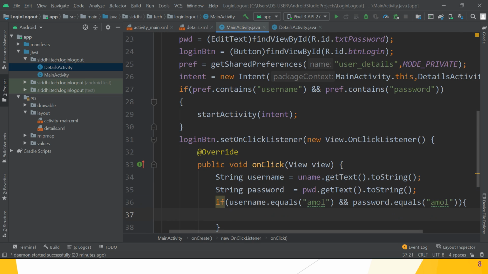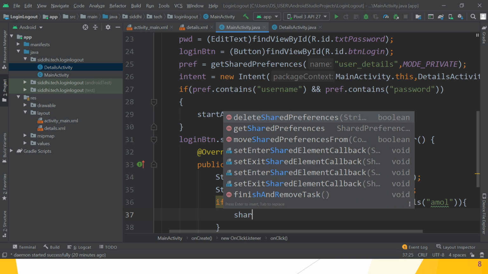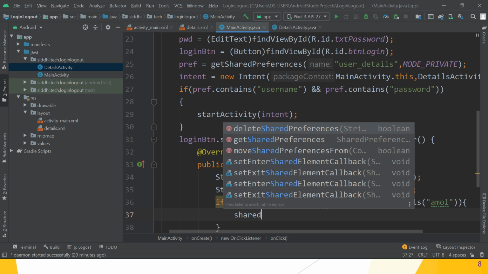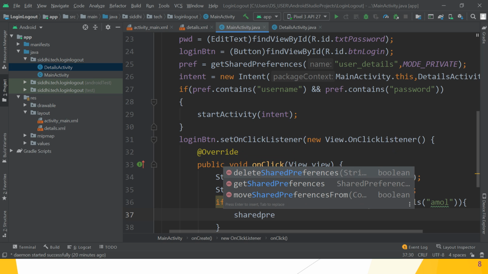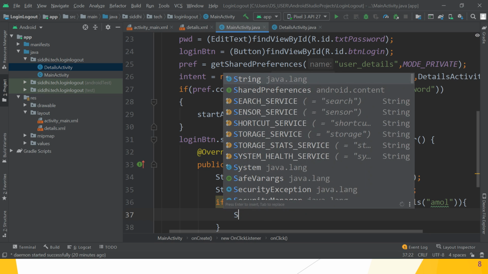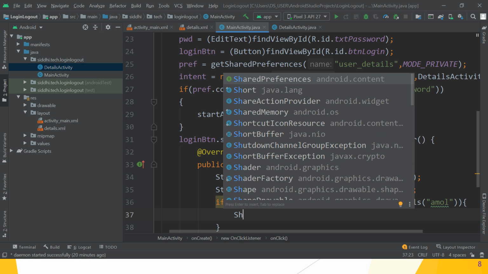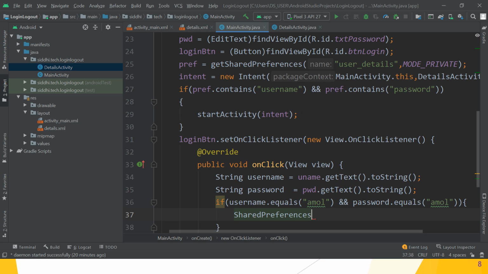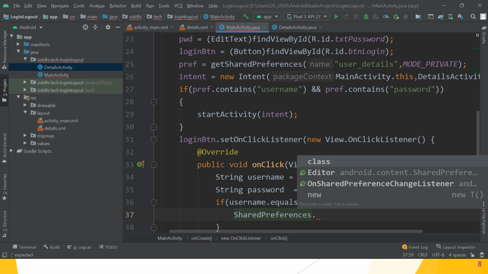We have to write the shared preferences into the file. So SharedPreferences.Editor, the class name, so it is capital, SharedPreferences.Editor.